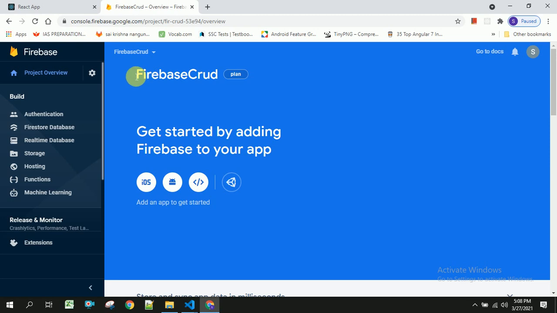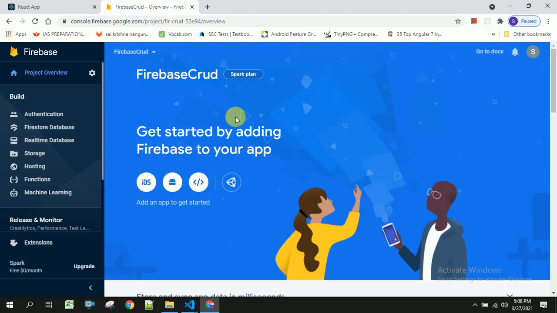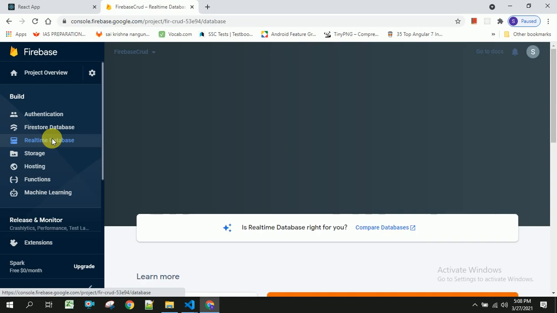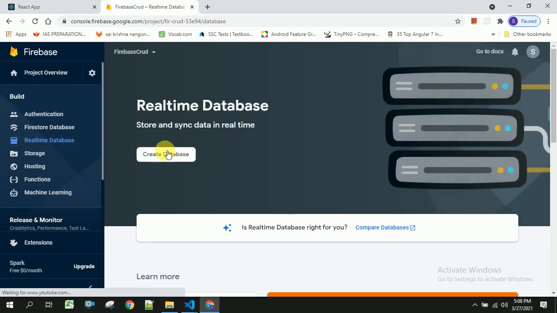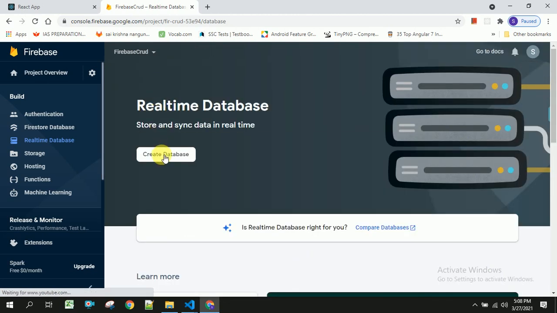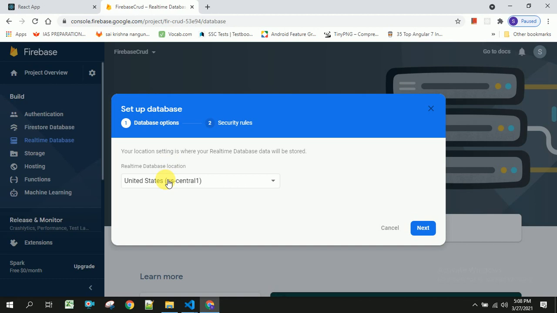You should be able to see this project, and you have to go to real-time database. Here we are going to create the database, and you can click on create database. You can select any of these. I am selecting United States and clicking on next.